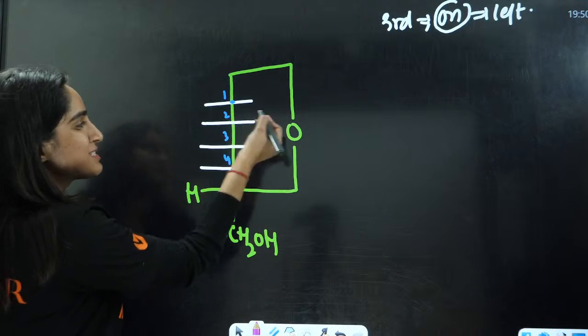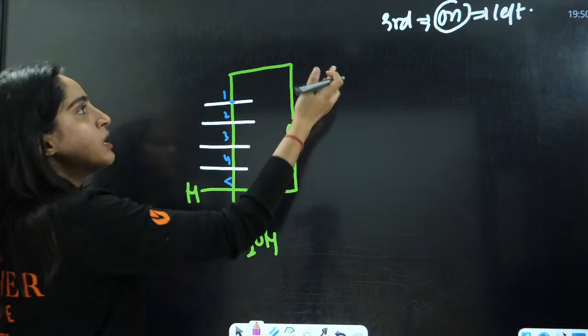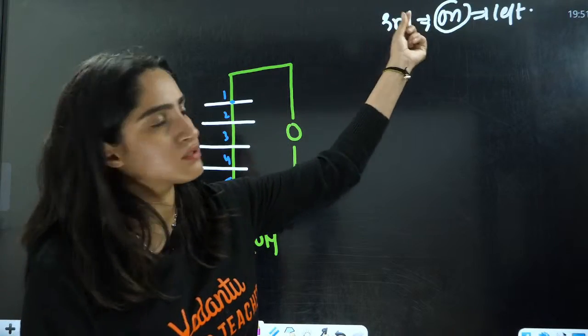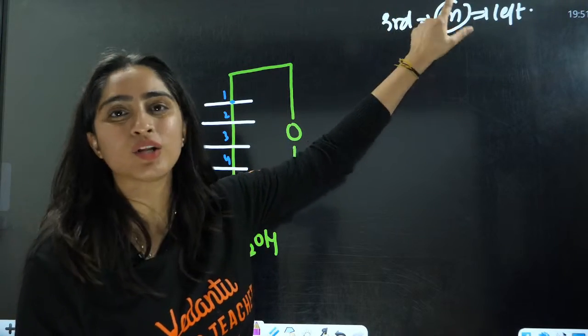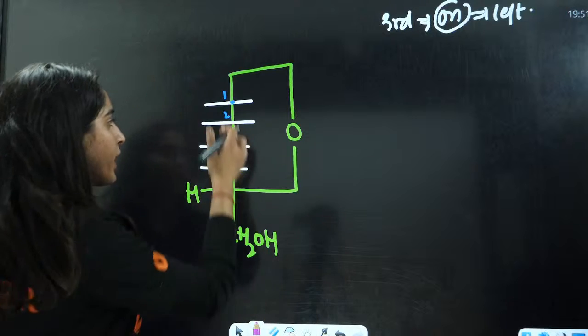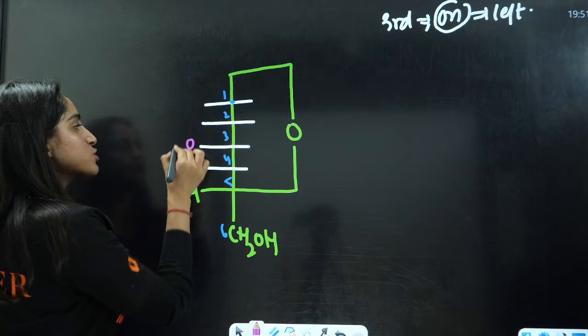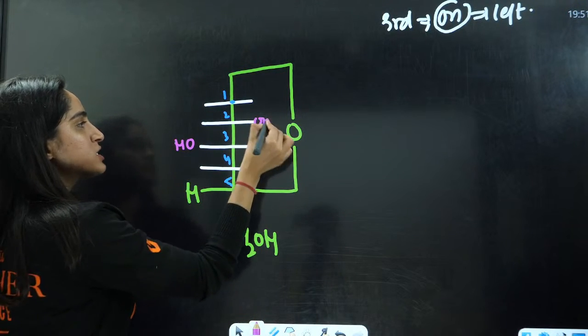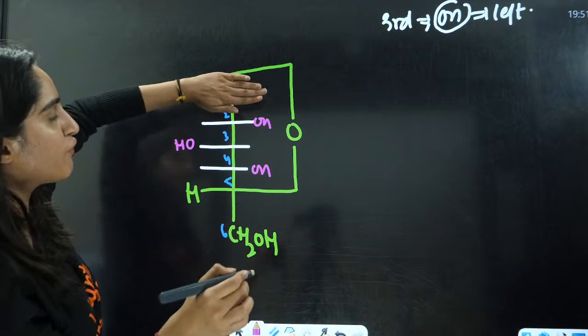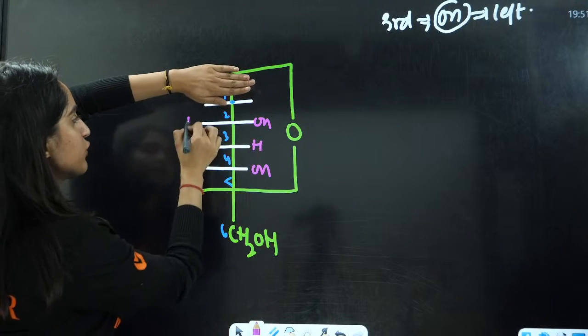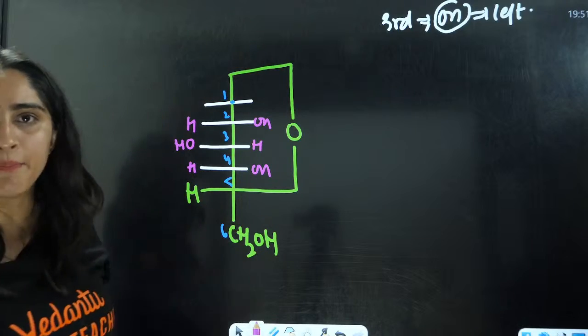Draw very simply here. In glucose, just on the third carbon the OH is on the left side. The third carbon is this one, it is on the left side. Everywhere else it will be on the right side. Leave the first carbon here. Have you drawn this? Yes, this was simple.